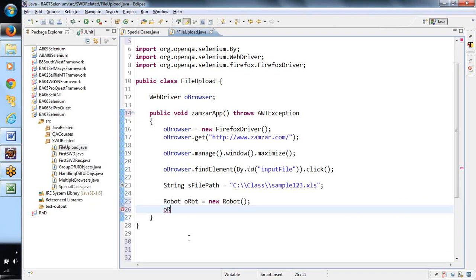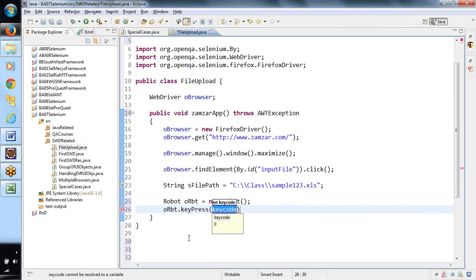Now see here, this object has a method called keyPress. Here we need to pass the key that we wanted to press.